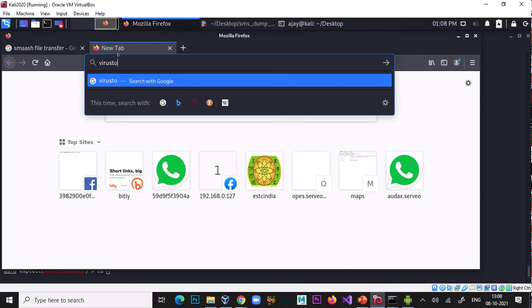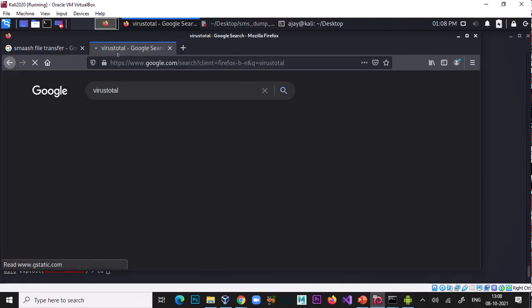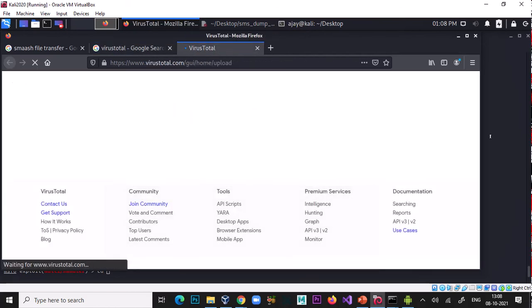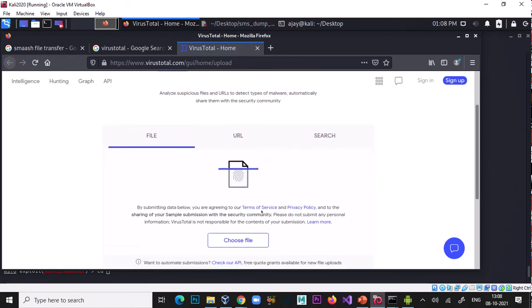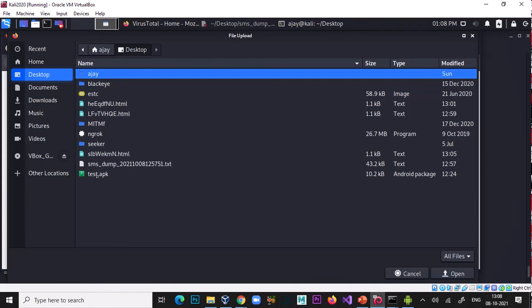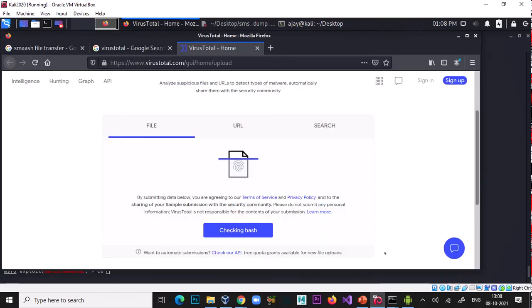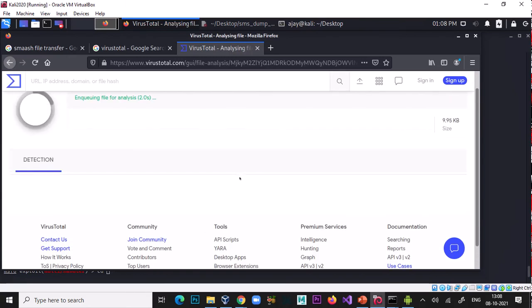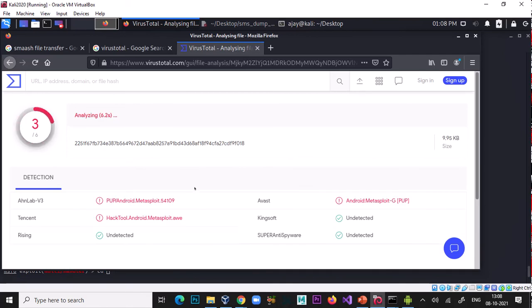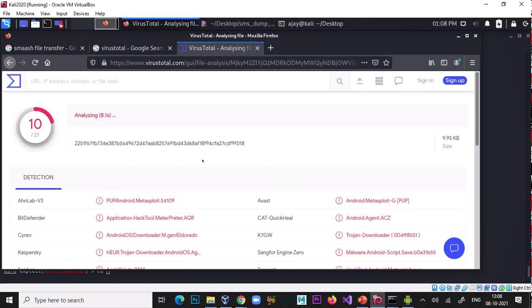virus total. And if you really upload that file to virus total, so you can see the result.